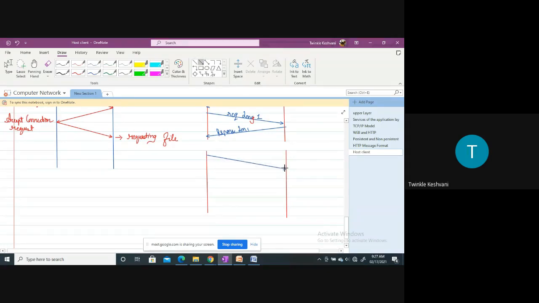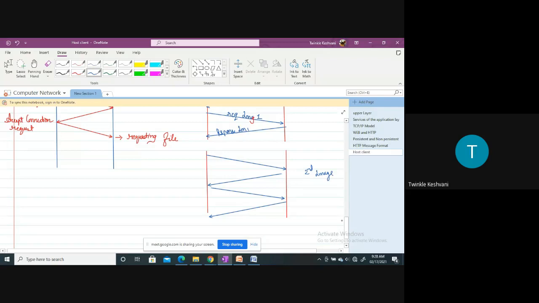This is a connection establishment request. Server will accept that request. Client will request for the second image, that is the third object we can say, and the server will send back a response with the second image, right? So here this process is done for the third object and the second image, right?